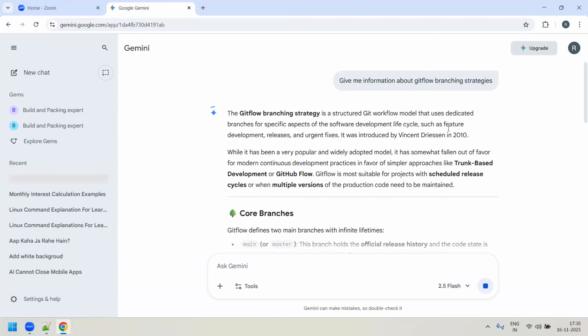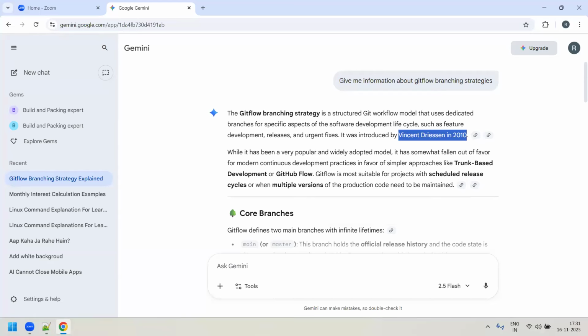Okay, so it says that Git Flow branching strategy is a structured Git workflow model that can be used to dedicated, blah blah blah. It gives some information. It was introduced by Vincent Driessen in 2010. Okay, I got the information. Let me copy this, Vincent Driessen, in 2010. This is the information I need.